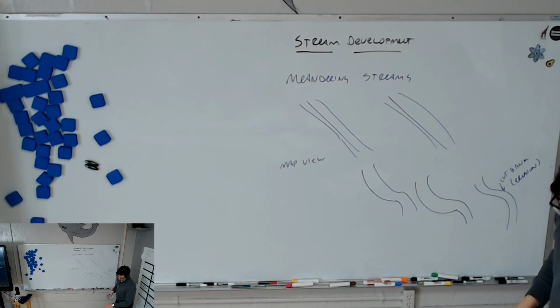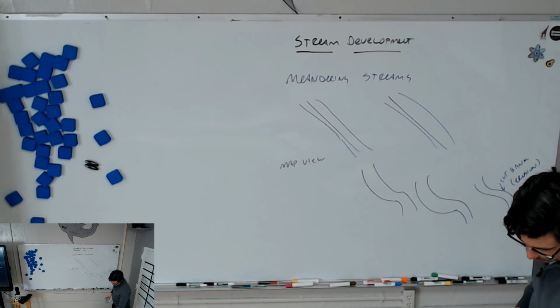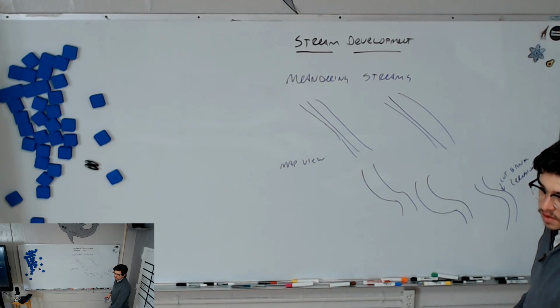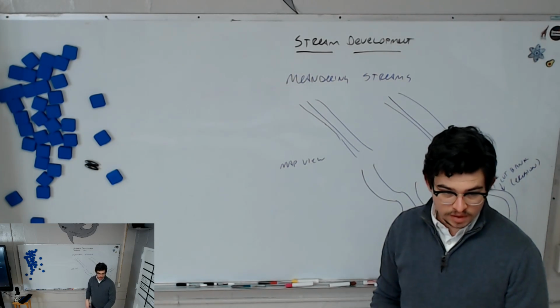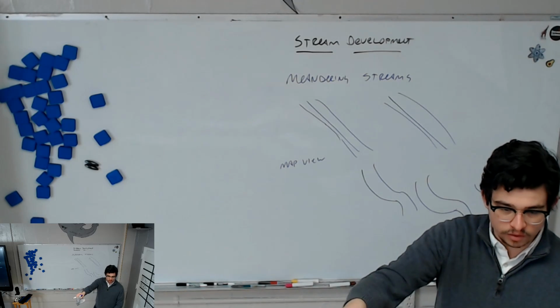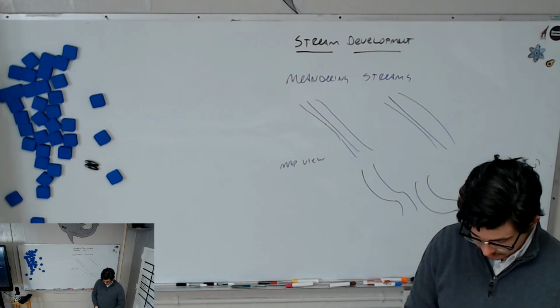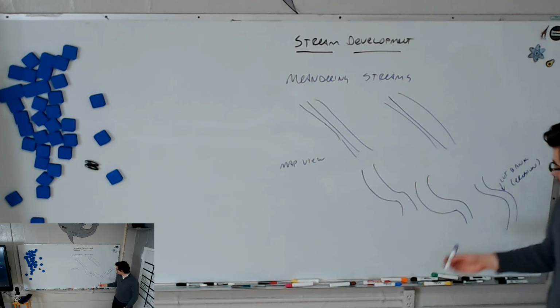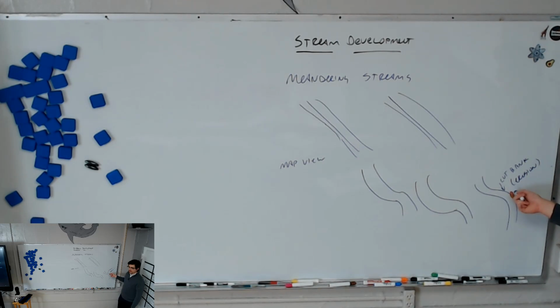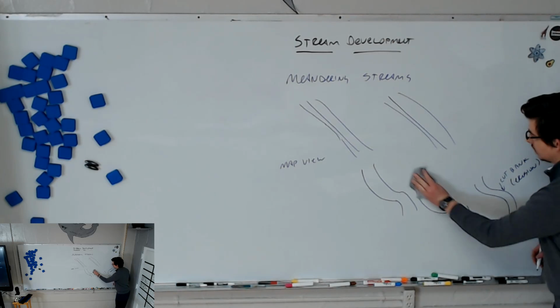A lot of this is from page 235. The stream has this channel, you can see the stream channel there on 235, right? When it's going straight down the river, its maximum velocity is in the center. When it's going around a curve, the maximum velocity is near the outside of the curve, the cut bank. So more erosion occurs at the cut bank, so this curve gets steeper and steeper